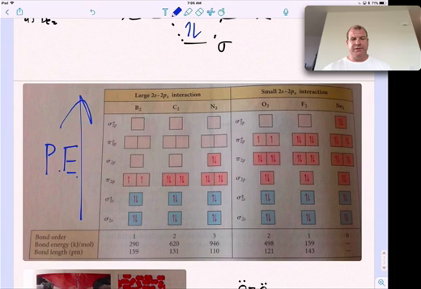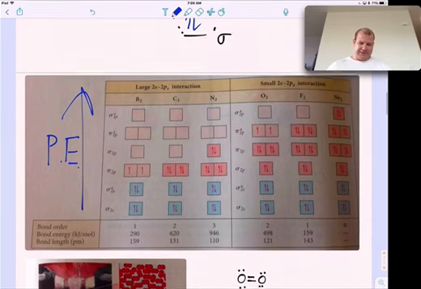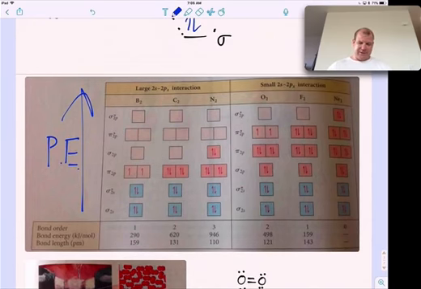The bond order is the number of bonding minus the number of anti-bonding electrons, over 2. So diboron has a bond order of 1, dicarbon a bond order of 2, dinitrogen a bond order of 3, dioxygen a bond order of 2, difluorine a bond order of 1, and dineon a bond order of 0. And this is actually where molecular orbital